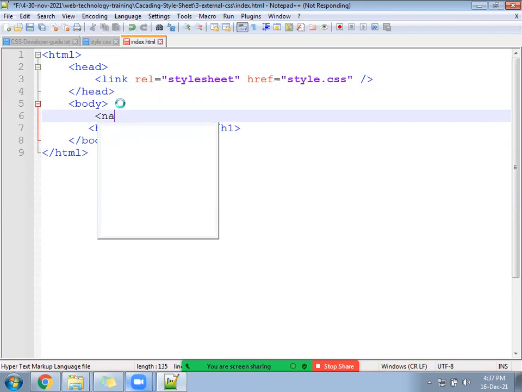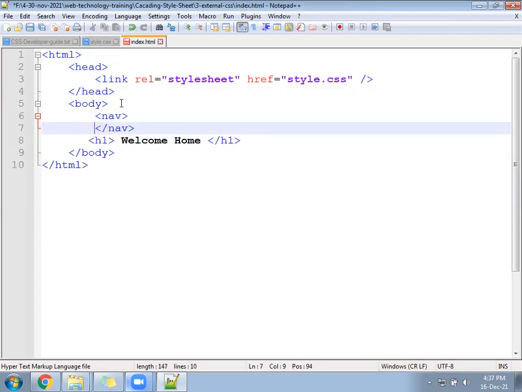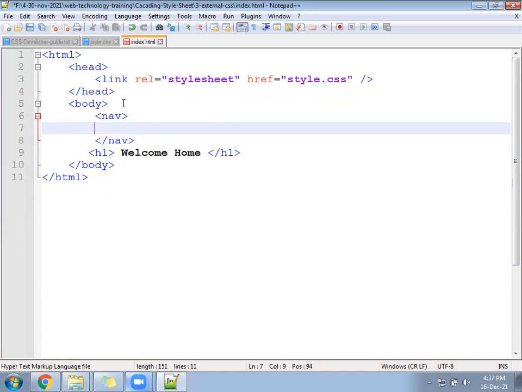Inside the nav you will write the a tag.